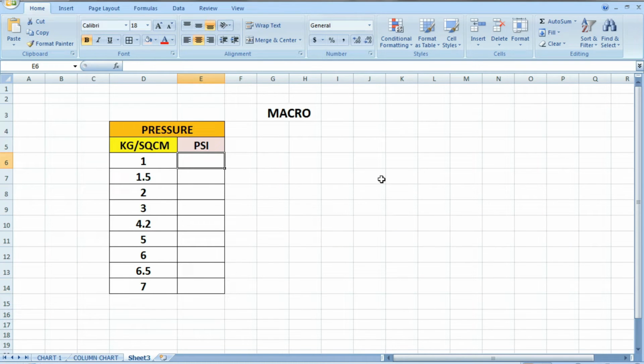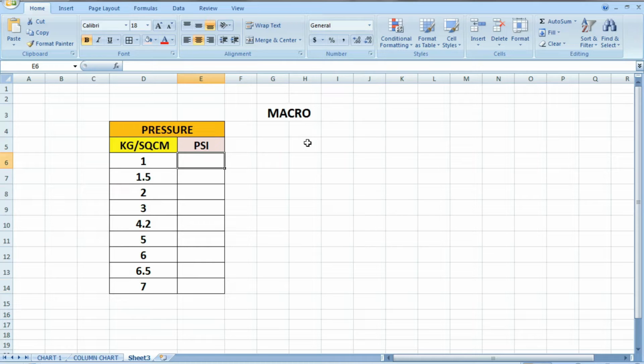Hello friends, in this exercise we are going to learn using macros in Microsoft Excel. Macros will automate your repetitive work. A task that is repetitive in Excel can be automated by using macros. In this way you can learn how to use and assign a macro so that your repetitive task becomes very easy. Just with one key you can do your complete function.